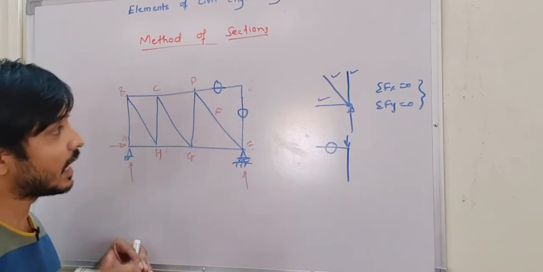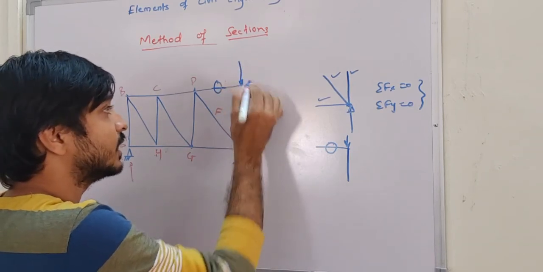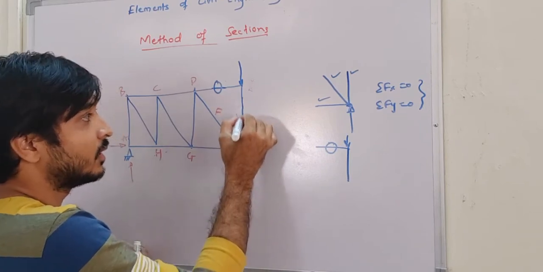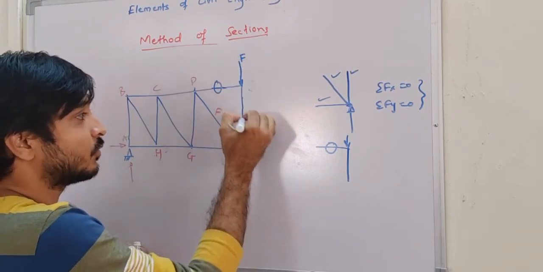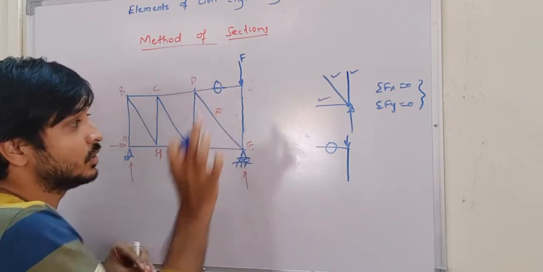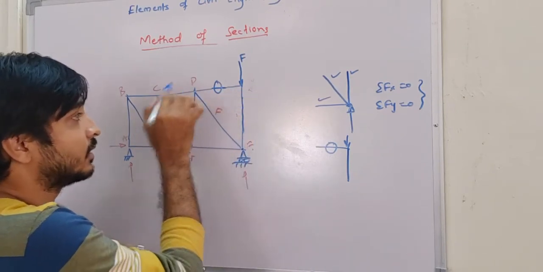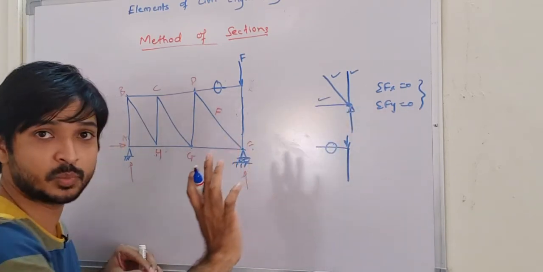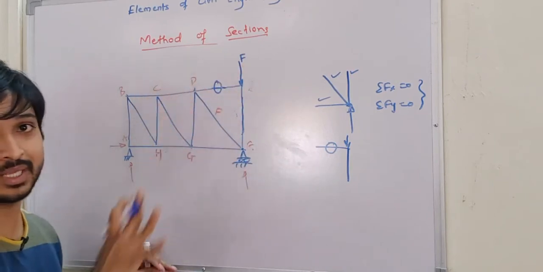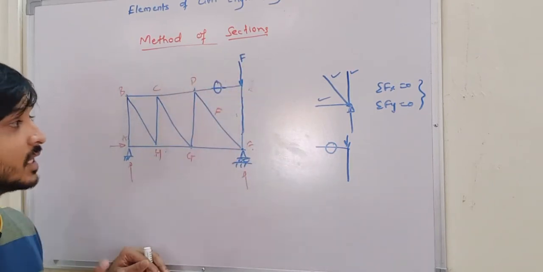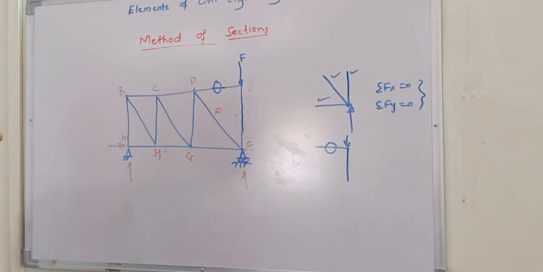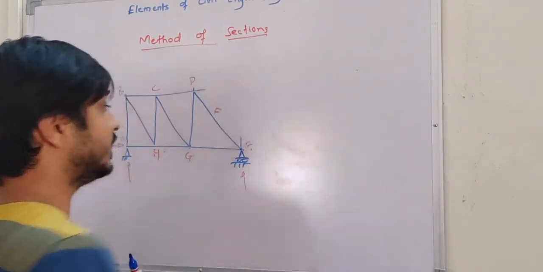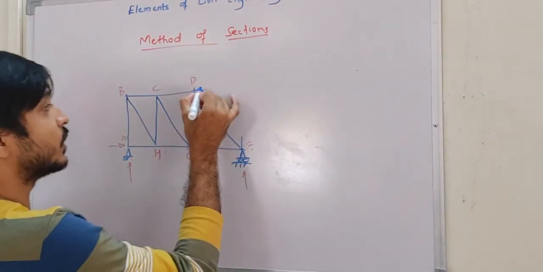Understood? And if there is some force given like this, then the force coming from this load will directly transfer to the member. Suppose this is F, then the force in this member will become F, and this will be 0. Then you can easily solve by using this joint. This is also possible, but for that you have to solve something else first by method of joints. Whereas here, by method of sections, we can directly find the force in member DF without calculating any of the joints.